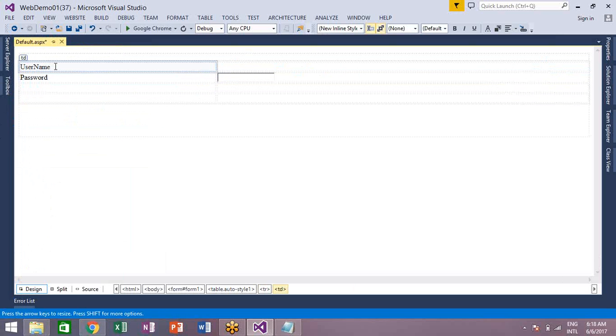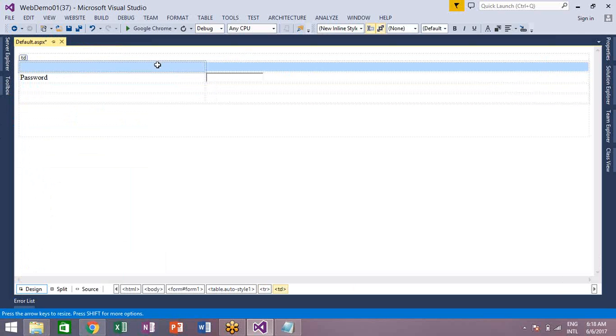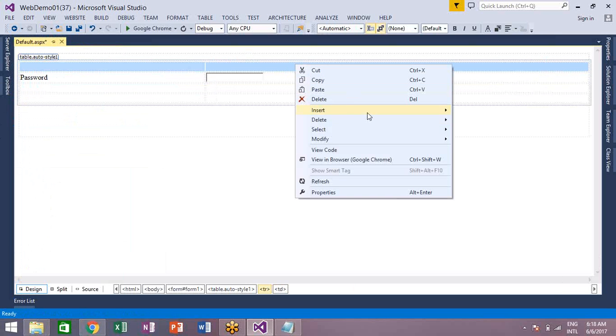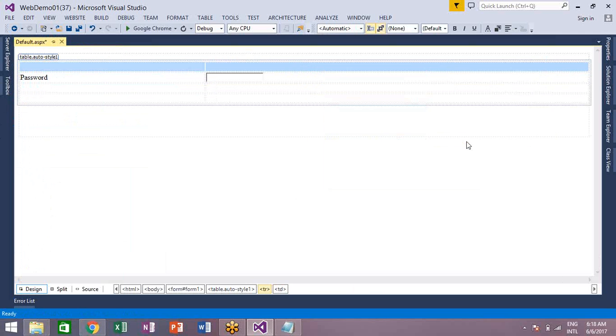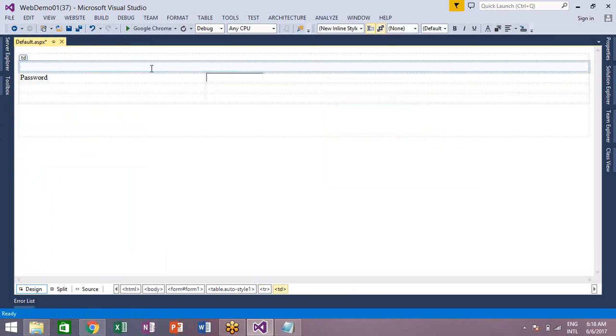I would like to leave the first row. I would like to merge the first row. Select the first row, right click, modify, merge cells. And here I am writing